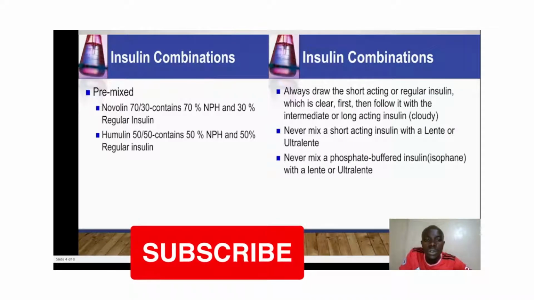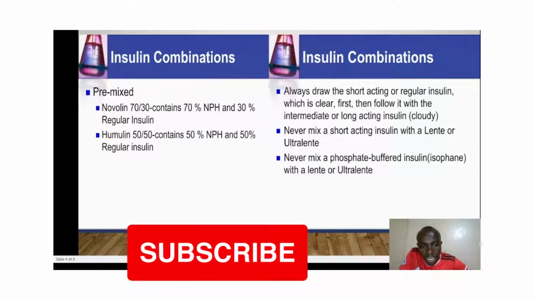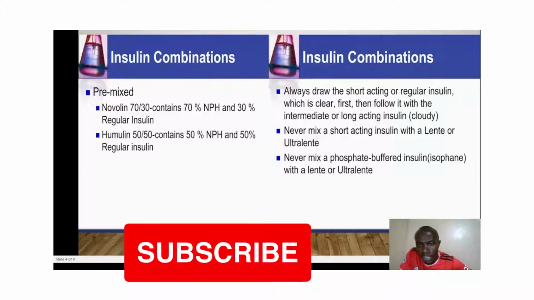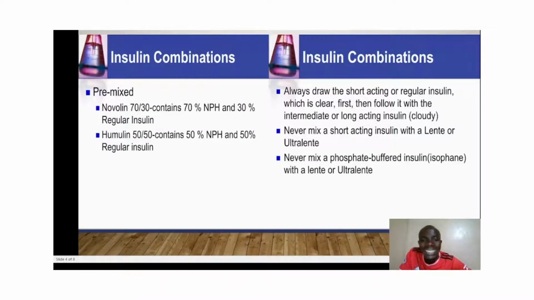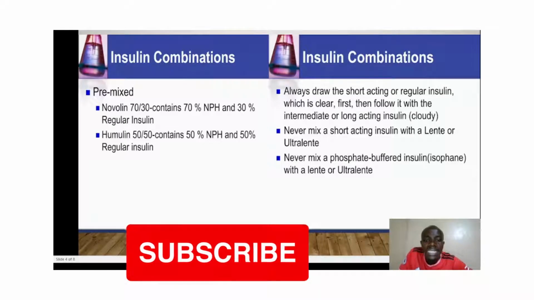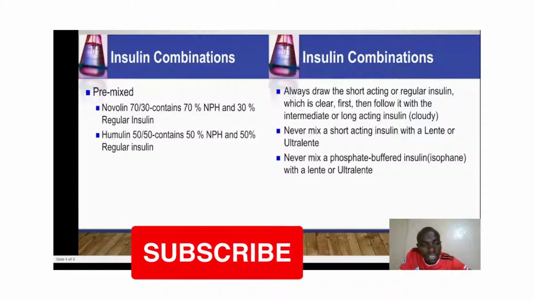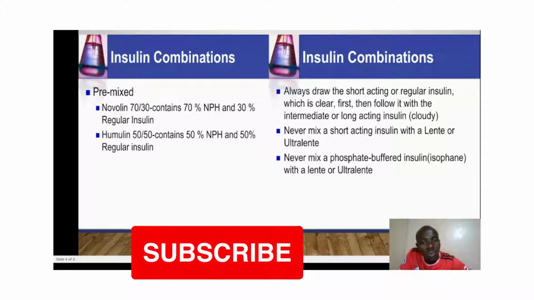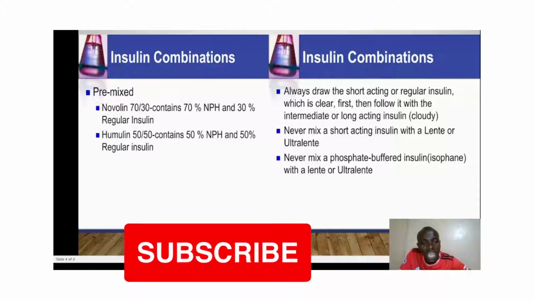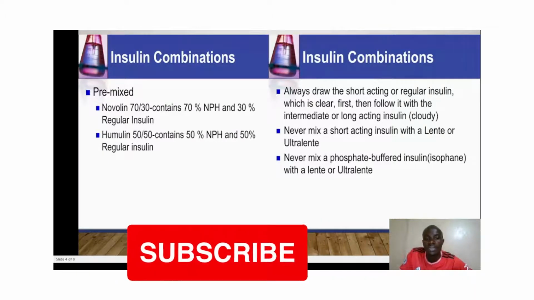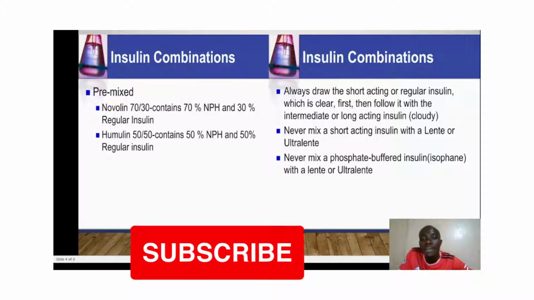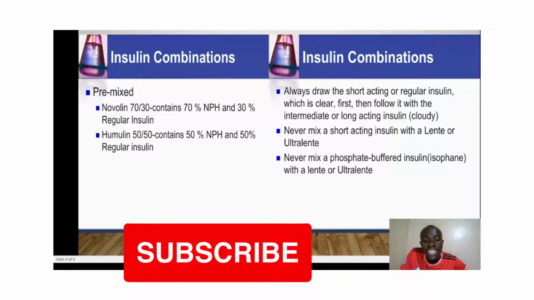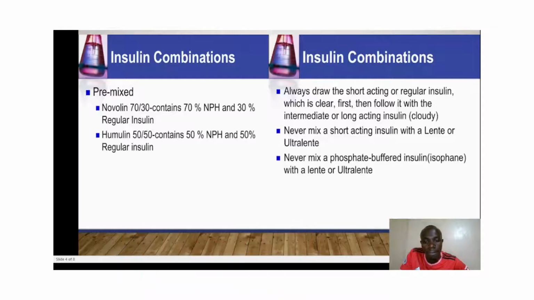The last combination is the basal bolus insulin. Okay, so why is it called bolus? It is used to describe the treatment regimen that combines a long-acting, that is the basal insulin, for continuous background coverage. Remember the incretins are there. They need to be worked on because we'll need insulin to work on those incretins. Then we have rapid acting bolus insulin for the mealtime coverage. So we have three types of formulation.